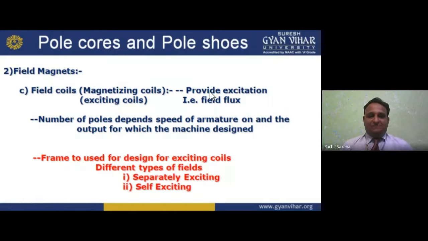Now field magnets again. If I am talking about the field magnet, my dear student, I am talking about the magnet first of all, that is the electromagnet. And I earlier told you, if I want to make an electromagnet, I need a core, a medium, made up of ferromagnetic material or alloy. Ferromagnetic material means iron, nickel, steel, cobalt, and alloy. So I need a path, a medium, that is the core, and on that core I have to wind the winding, the coils.